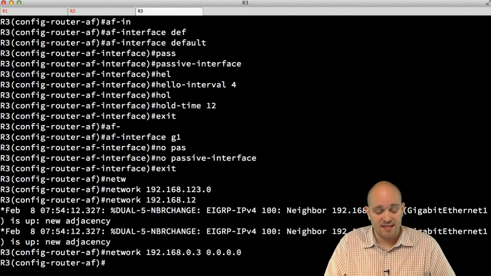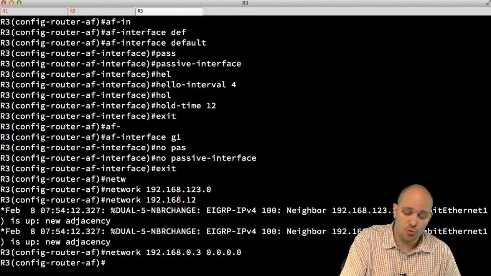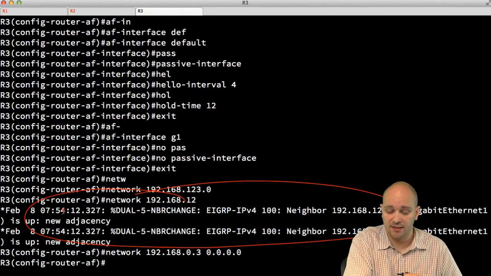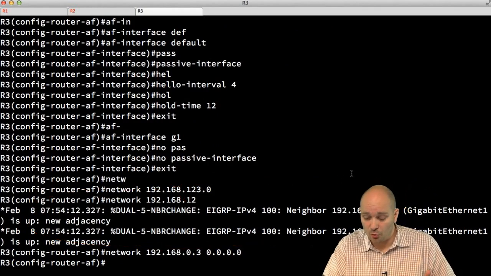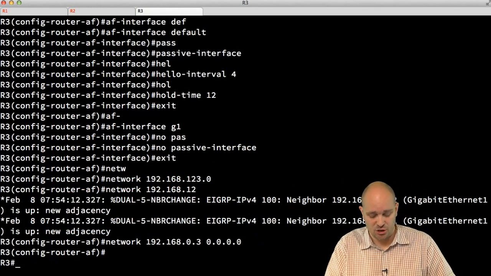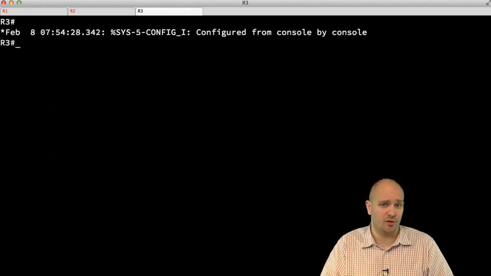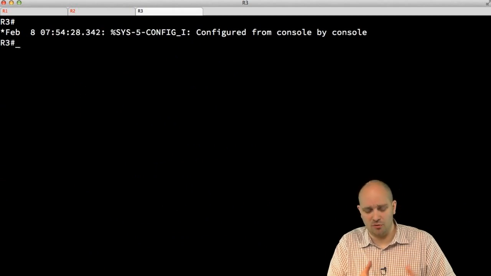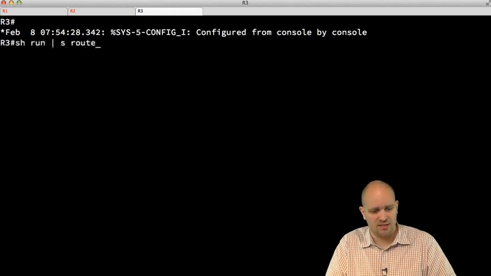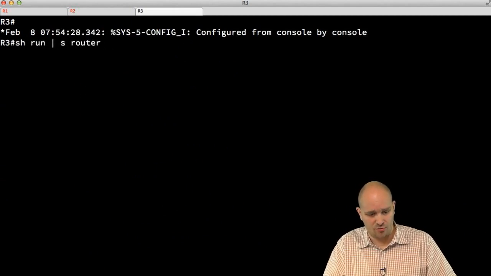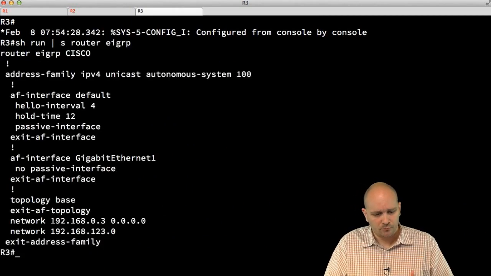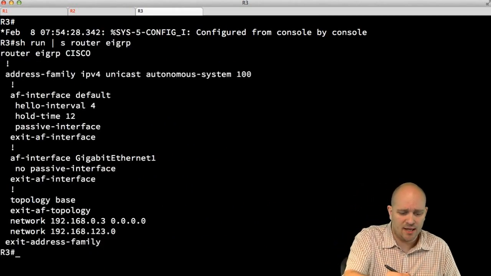So now I can see already that I do have 2 neighbors that have formed the relationship. I already have that log message. But before we proceed with this example with this third router that I have added, let's see how this configuration looks. So I'm just going to say show run section router EIGRP, and what I'm seeing here is what I